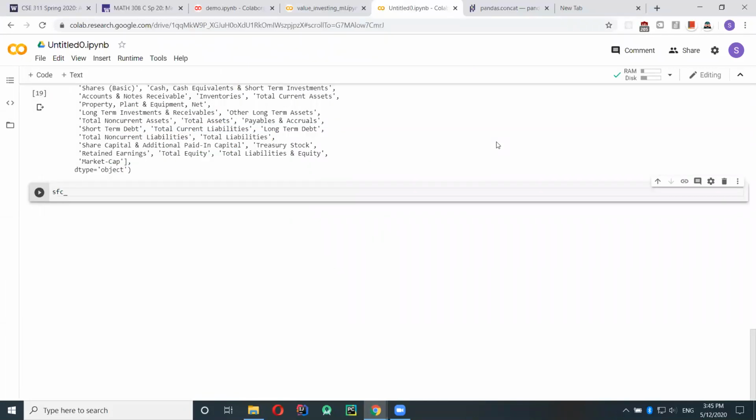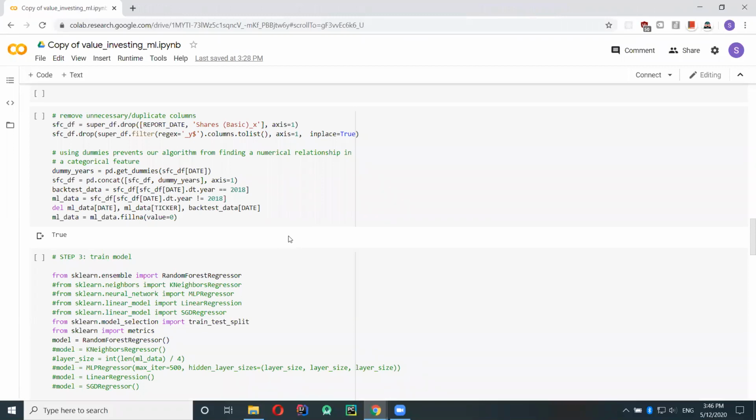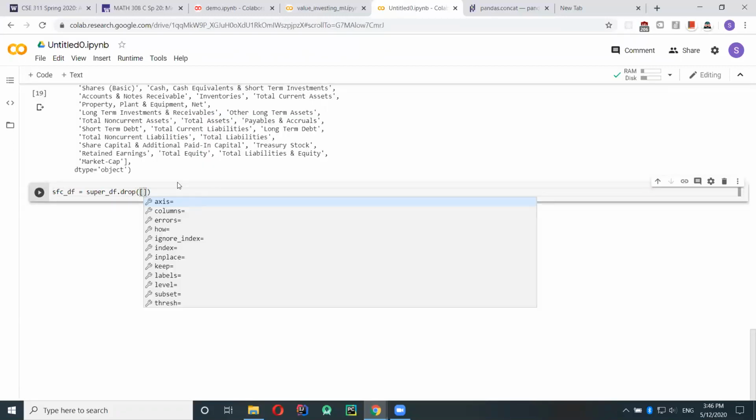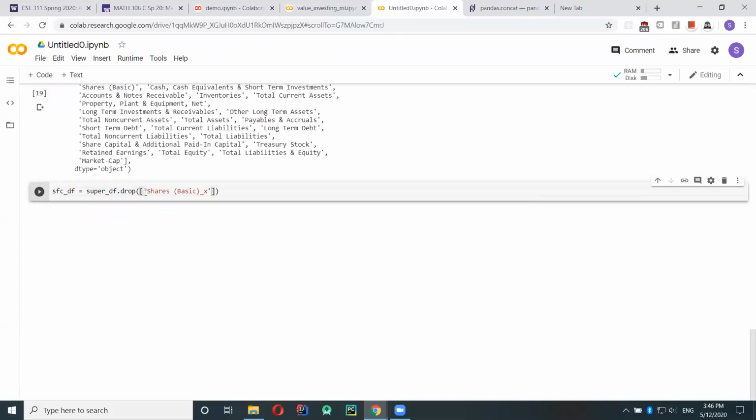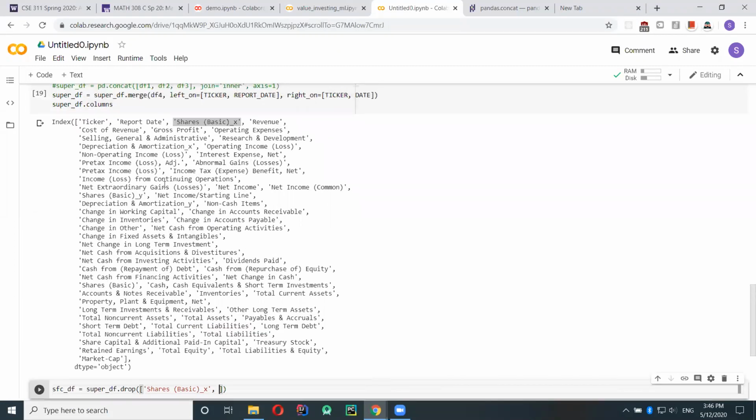I had a super data frame, so this is gonna be the super filtered column data frame. super df dot drop. Okay, so we need to specify what we want to drop. So we don't want that shares basic, right? Okay. Then there's also 2 dates.